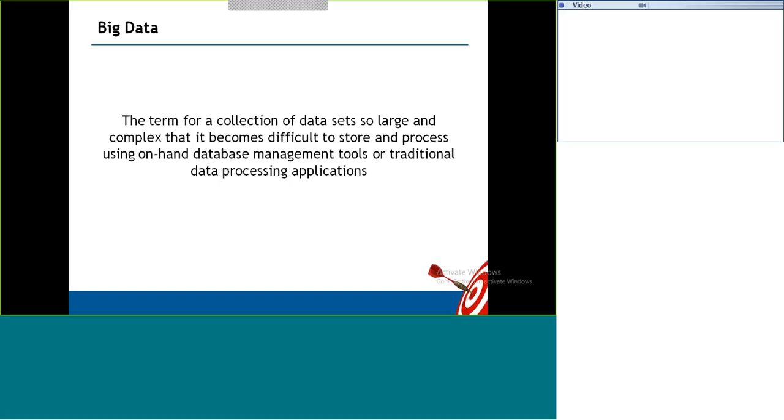In order to meet the growing needs of data, they had to think about an alternative to overcome these limitations of storage and processing. So Hadoop is the alternative, which implements a distributed architecture in which we use multiple machines to accomplish our goals. Your data is stored in a distributed way. When you copy files from your Linux file system to the Hadoop distributed file system, the data is distributed among the cluster of machines, multiple machines.